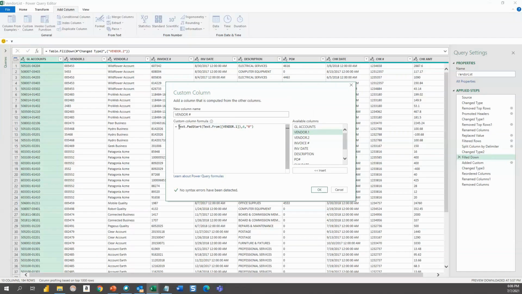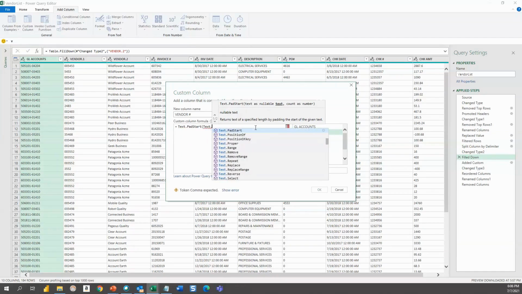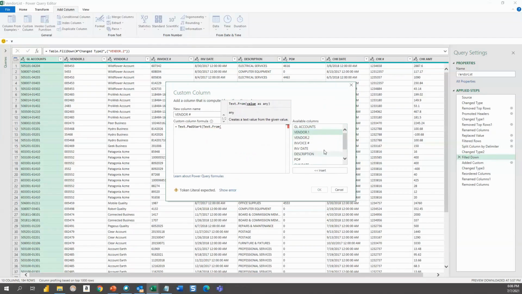So again, I'm going to erase this and start over. We're going to say Text.PadStart. Again, this is case sensitive. We put a parentheses. We go Text.From. We put another parentheses because we have to pick up the column. We end parentheses. We have a comma, 6 for the number of characters that we want to use, comma, quotation mark 0, quotation mark, and end parentheses. So that is our